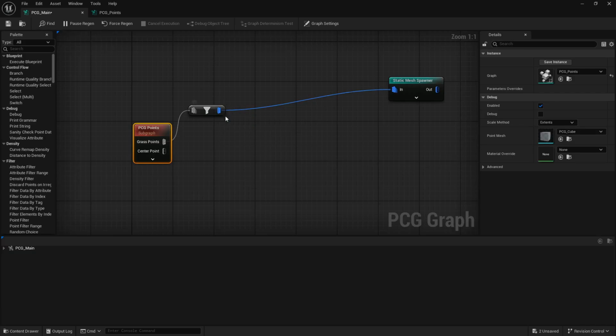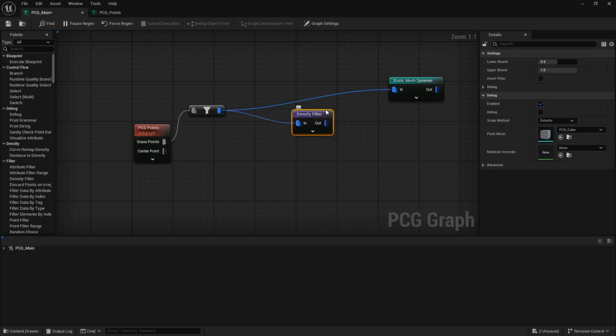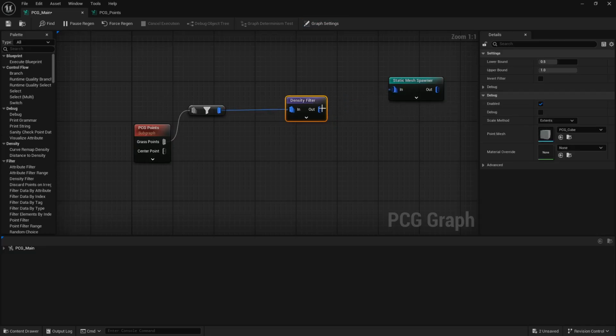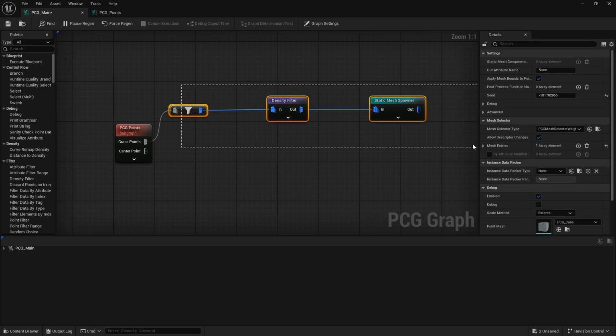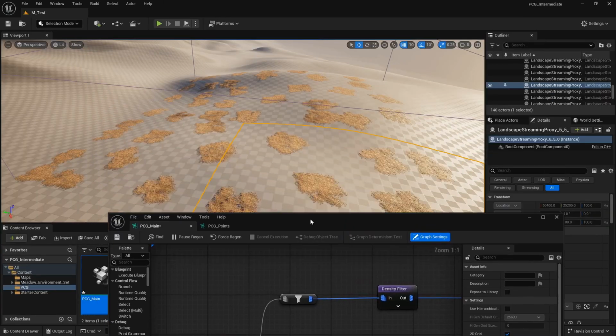So for example, in this scenario, if I drag a wire out from here and I search for density filter, and let me just break this link. I'm going to break a link by holding down the left Alt button and clicking with the left mouse button. And then I'll connect this output of the density filter inside the static mesh spawner. Now, let me select the density filter and let me change the lower bound to be 0.4 and the upper bound to be, let's say, 0.6. Now, if I come back here,